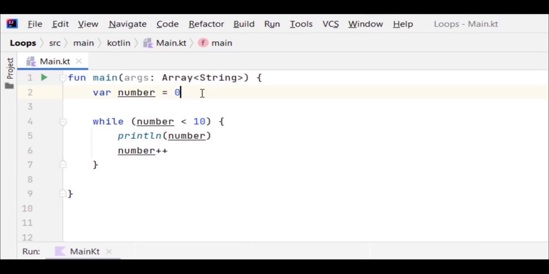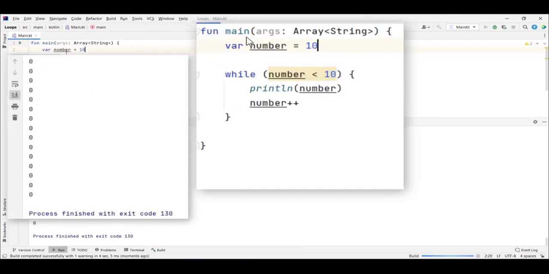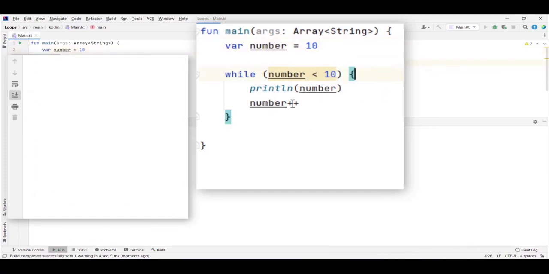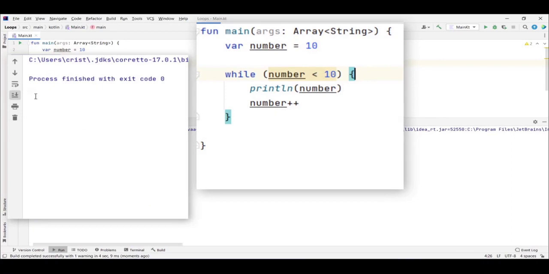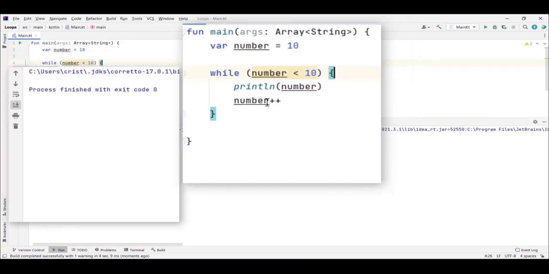Next, let's say that I assign here 10. So if I run this code, now this condition is going to be false because 10 is not less than 10, and the code inside the curly braces is not going to be executed. So now we have no output here because this condition evaluates to false, and it's not executing the code